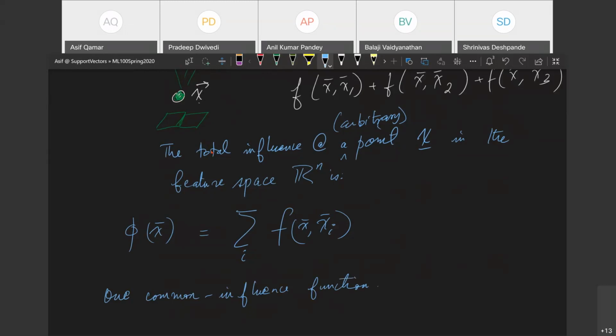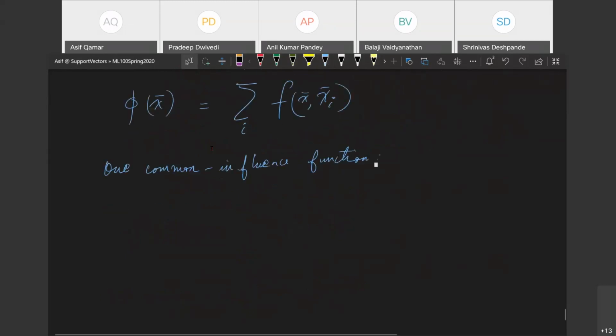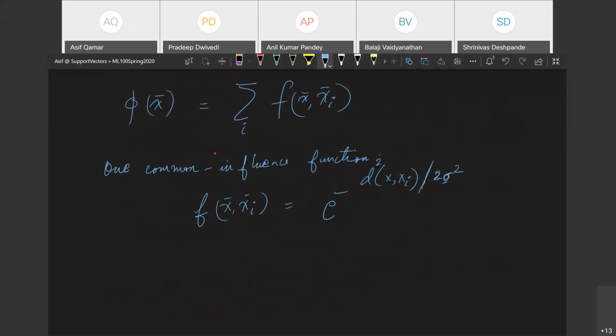that people use is the Gaussian function, the bell curve kind of function. They will take the function f(xi), the distance, equal to e to the minus d, the distance between x and xi, squared over 2 sigma square. Now, sigma is sort of the measure of the neighborhood that you are willing to consider. Just think of it as a hyperparameter, but we'll keep it there for the time being.